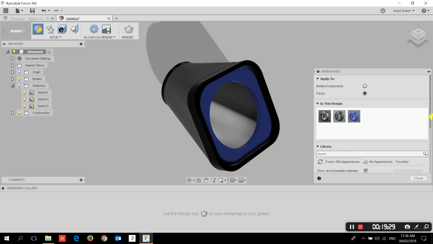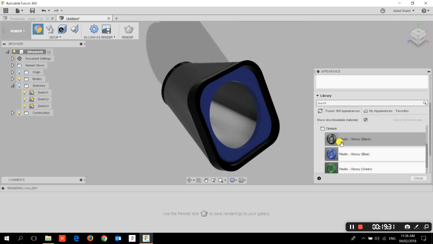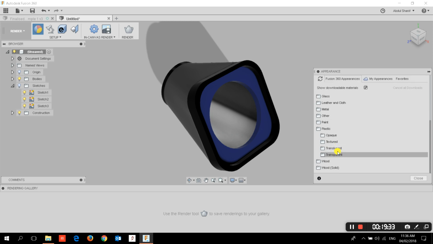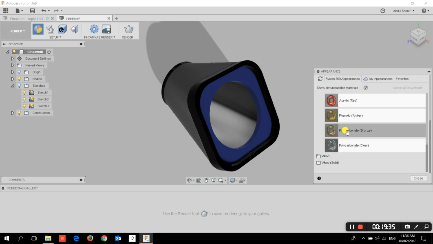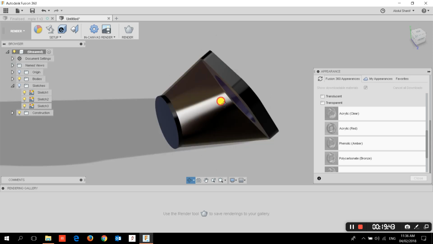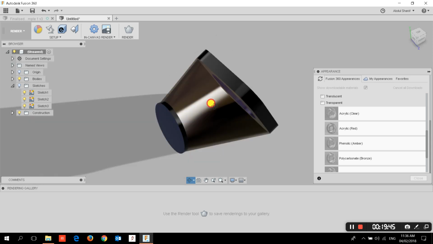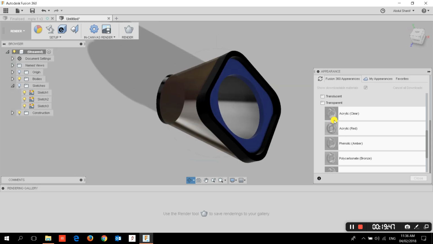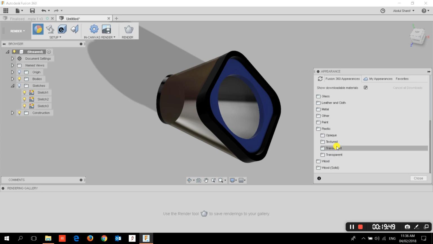Now I need to put a color for the middle part. Let's say for a change I will go for the transparent one. Instead of opaque I go for the transparent. I choose any color that I need. Let's choose amber. I put it in the middle. So if I rotate, I can see what's inside, see through, right? If you want to change it, you can choose another material. Let's go plastic opaque, or let's go for